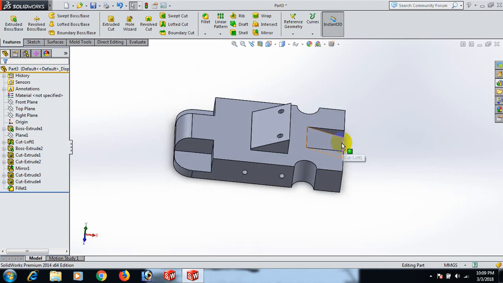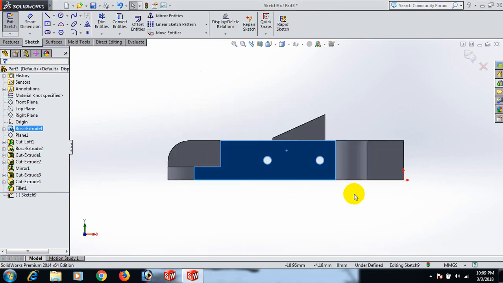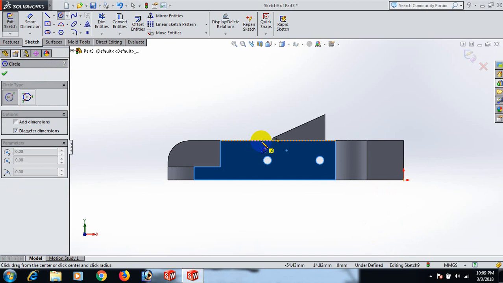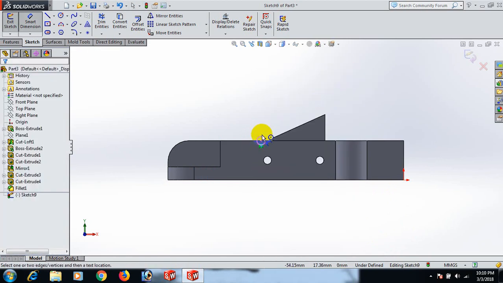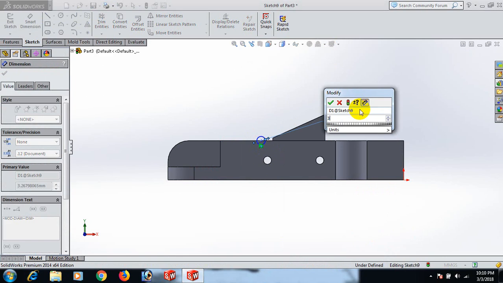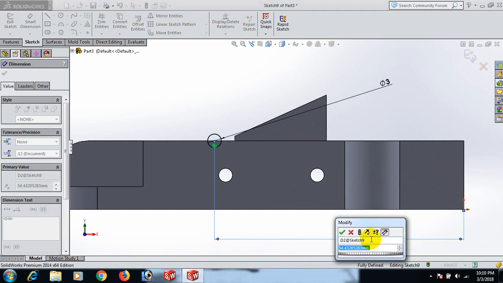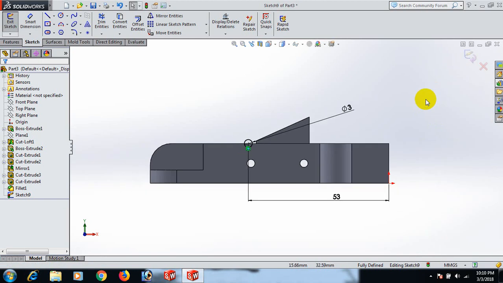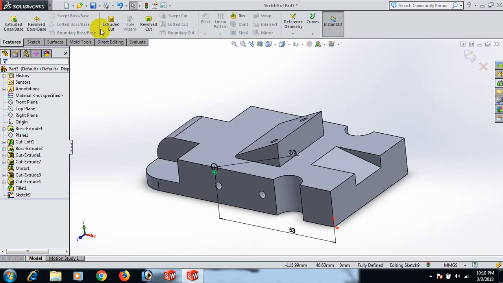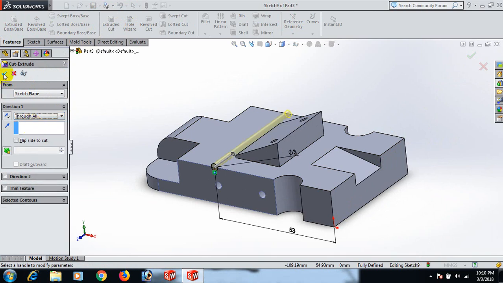Now go to this plane and sketch. Go to normal tool, draw the circle here, give the dimension circle 3, and this point dimension 53. Okay, select. Now go to feature and extrude cut. I can extrude through all. Okay,